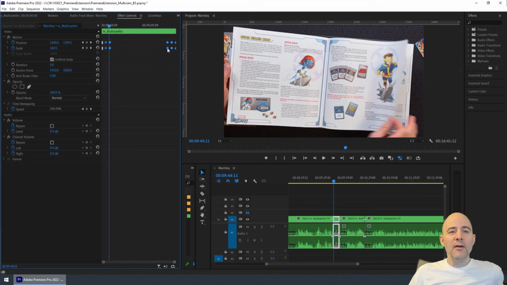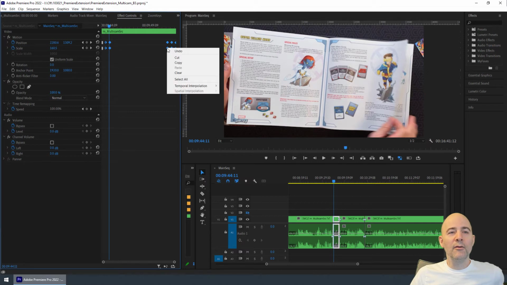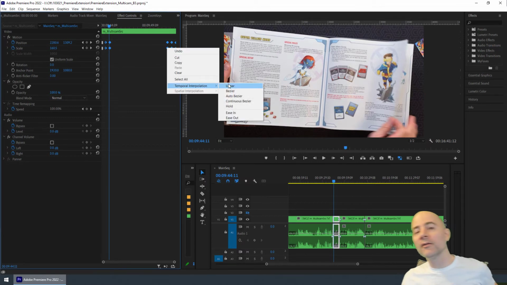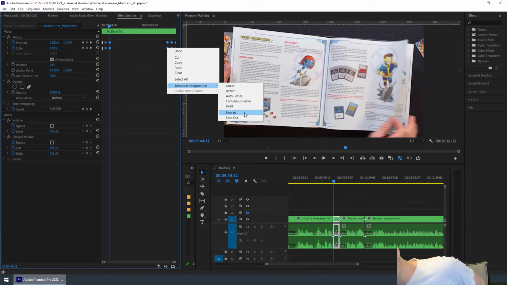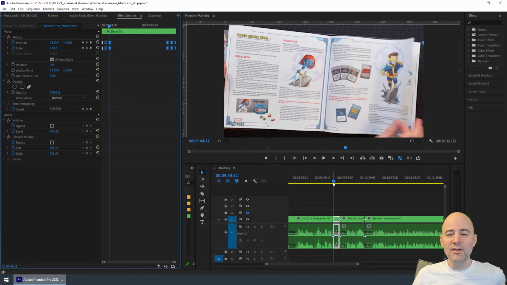Often you'd like these keyframes to be eased, but the plugin doesn't have the ability to do that. So sometimes I'll go and select all of these, sorry, I can't see it from this camera blocking me, but I can change these to ease in. It just changes the